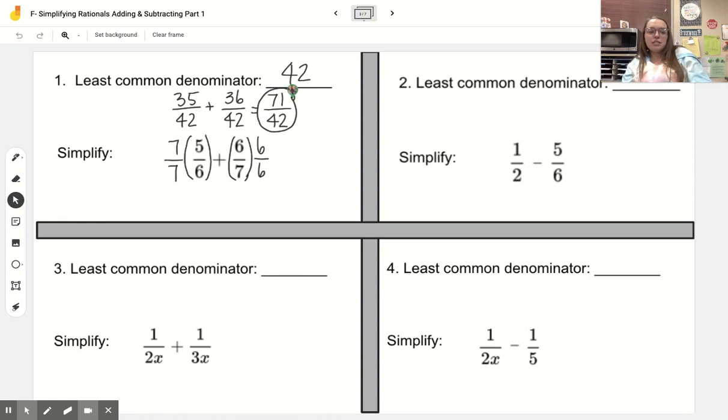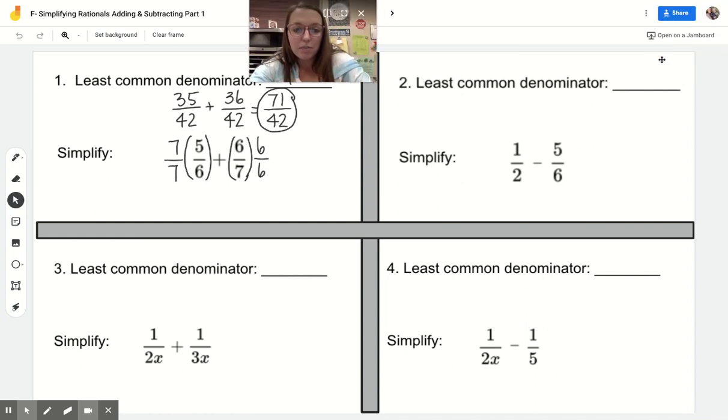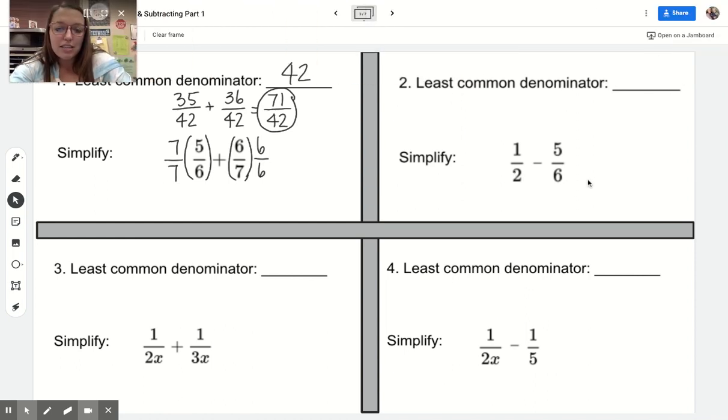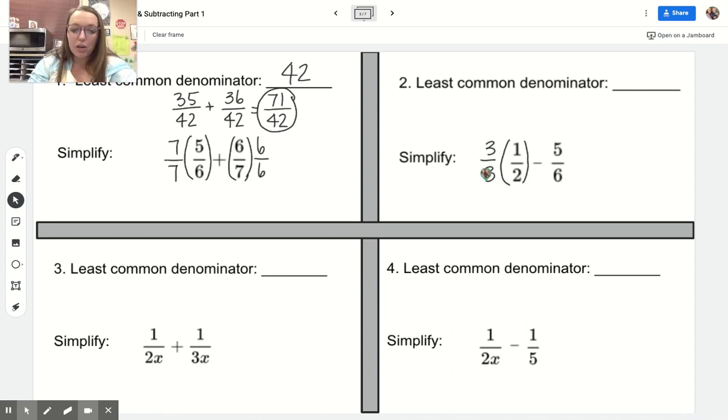Okay, so in this case, the least common denominator just happened to be 6 and 7 multiplied together. That's not always going to give you the lowest or the least common denominator, though. For example, in number 2, if I take 2 times 6, that's 12. I can get a common denominator of 12, but that's not the least common denominator. That's not the lowest one I could do. Okay, 2 and 6 are both divisible by 6. So I don't need to go all the way to 12. I can actually leave the second fraction alone. I can multiply the first fraction by 3 over 3,